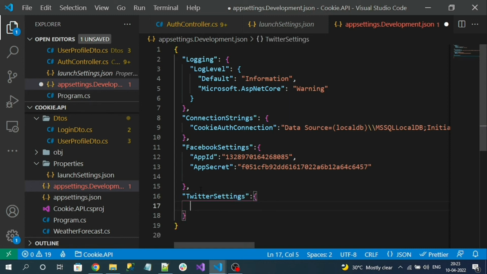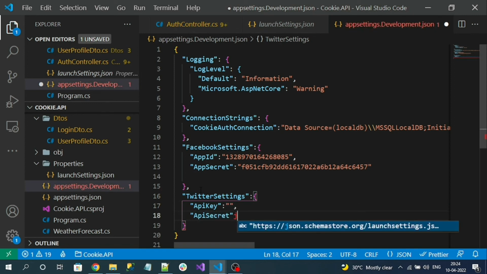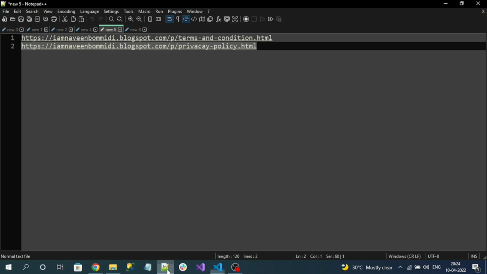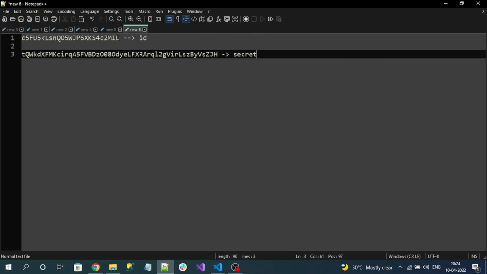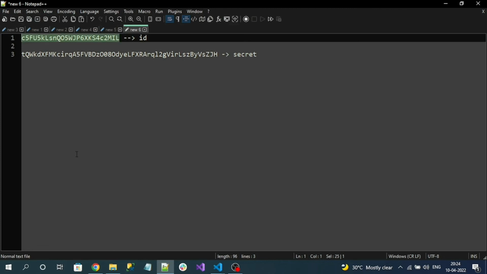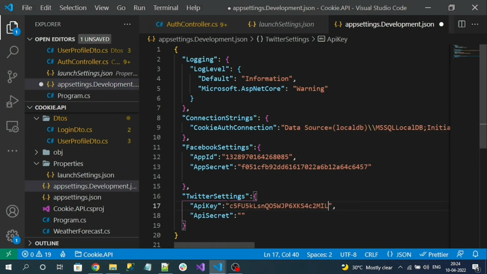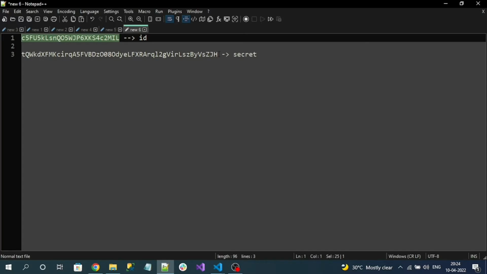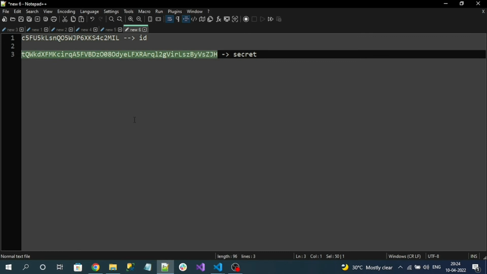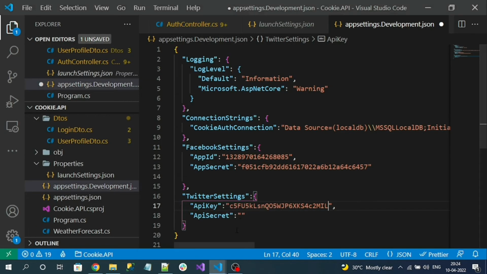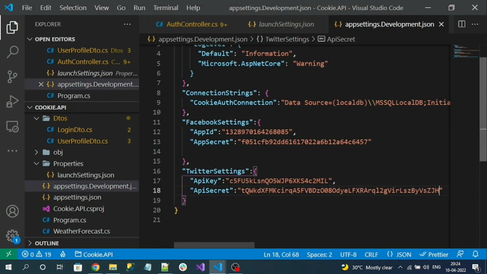Okay, it contains the API key and then the API secret. Okay, so we have just saved them to Notepad, right? So we will use them. So copy this API key, copy this secret key. Okay, now